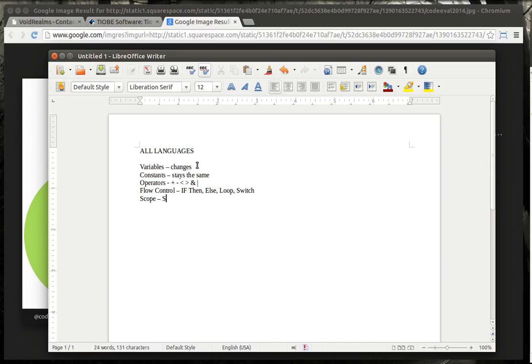Let's actually delete this. Statements, functions. I can't think and type at the same time. Statements, functions, subroutines, methods, and properties. Now you should note some languages only have statements, some only have functions. Some have functions and subroutines. Some have all of the above. And then you'll have, last but certainly not least, structures.